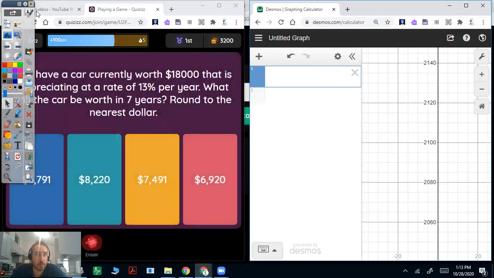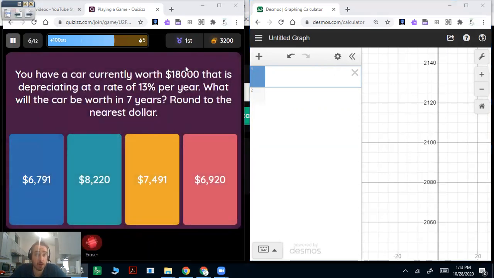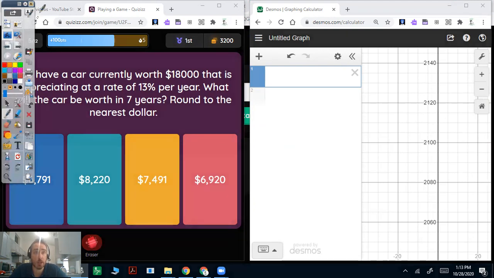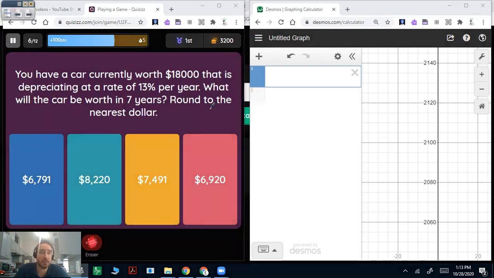All right, next question. You have a car currently worth $18,000 that is depreciating at a rate of 13% per year. So depreciating means decay. That's going to go down, so that's going to be 1 minus the rate. We want to know what the car is going to be worth in 7 years. So capital A equals a, parentheses 1 minus the rate, to the t power. So 18,000